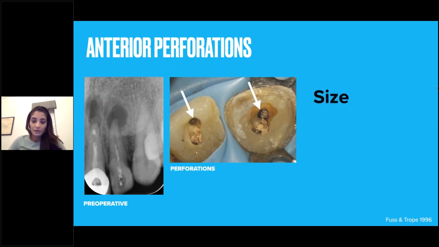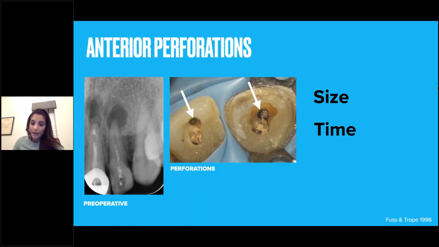So with perforations, when you're looking at how restorable they are and what sort of prognosis the perforation repair is going to have, you need to look firstly at the size of the perforation. Smaller perforations have a much better success rate because we have less inflammation and less damage to the tissue compared to larger perforations. The time also matters. If they have occurred very recently, if you mend a perforation straight away, you've got a much better success rate than if it's been left for a long period of time. And the main reason for that is because